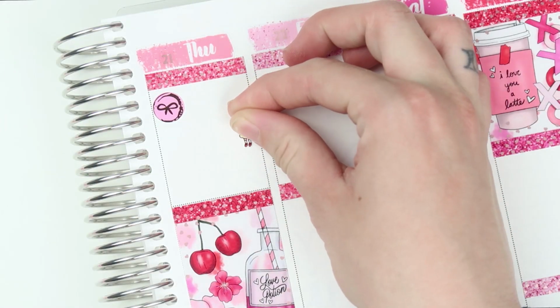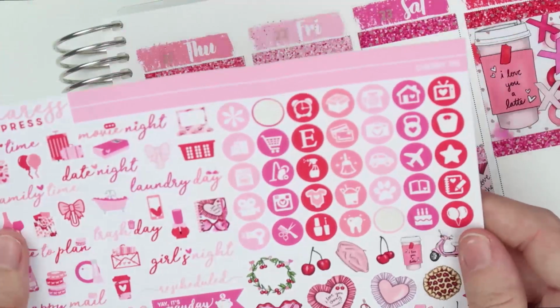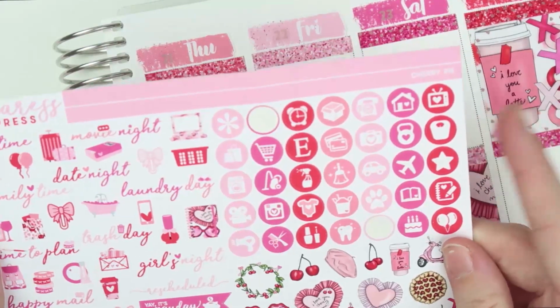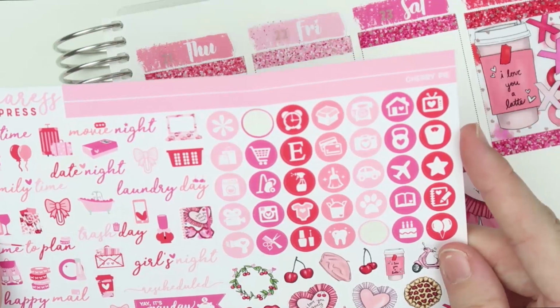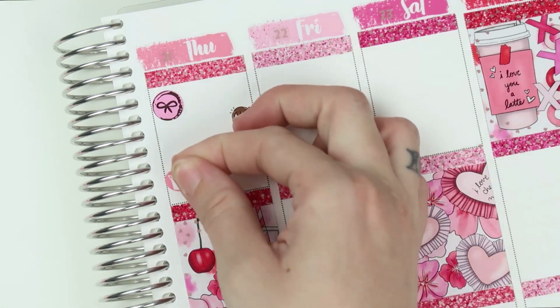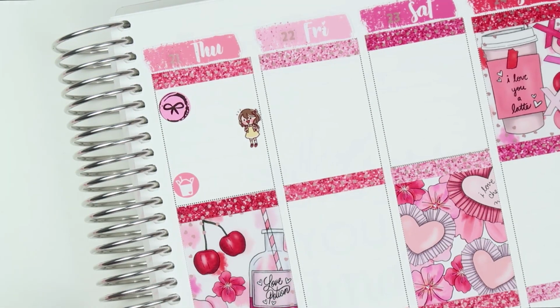And then I did end up using that takeout box icon to mark getting Fazoli's for dinner, which is not takeout at all. It's pasta. I do have these really cute Once More With Love carb emojis now, and they have spaghetti. No one's ever done a spaghetti character. Well, they probably have, but I haven't seen any, so I had to buy those because I was like, ooh, spaghettis. So I put the takeout box for Fazoli's. Anywho,